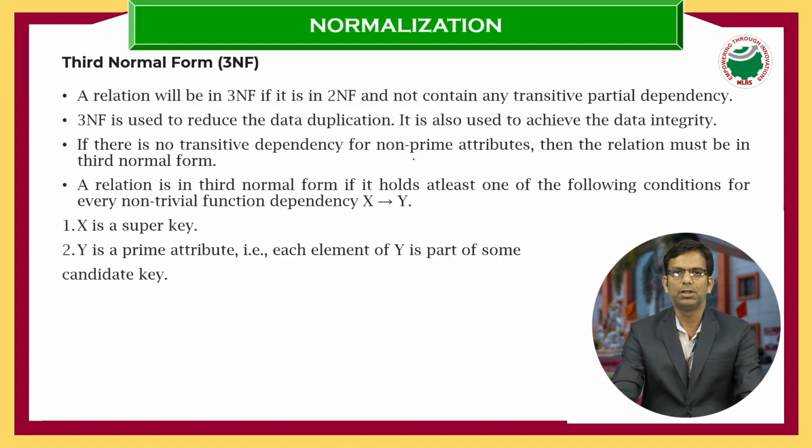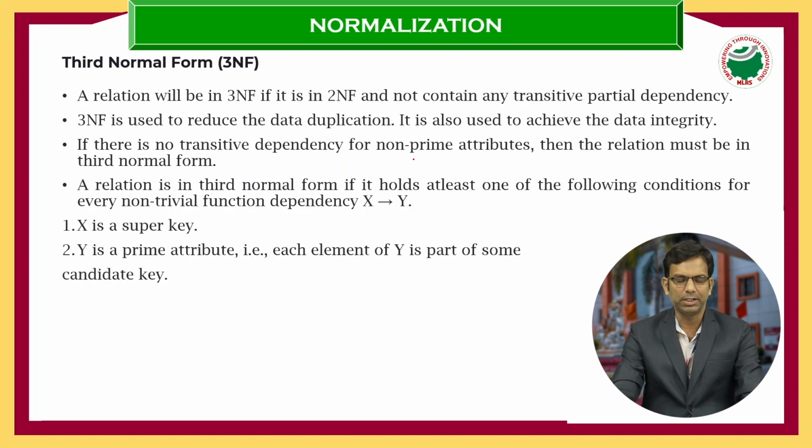Next, we'll move to third normal form, 3NF. The third normal form builds on the above two normal forms. Whatever the previous two normal forms we have discussed, 1NF and 2NF, their concepts are used in 3NF, as well as 2NF not containing a transitive or partial dependency, which we'll use here. 3NF is used to reduce data duplication. If the data is repeated, it will be removed from the table,